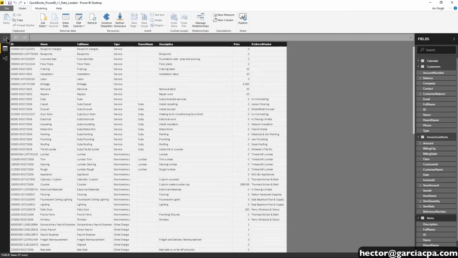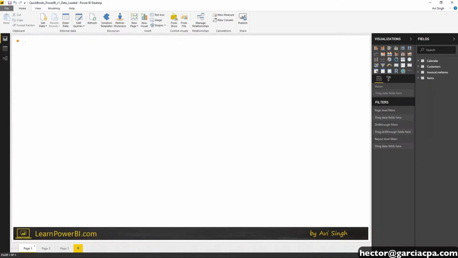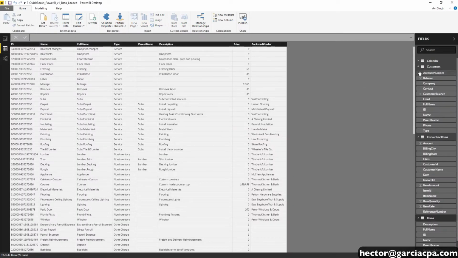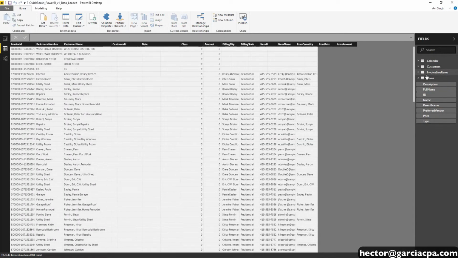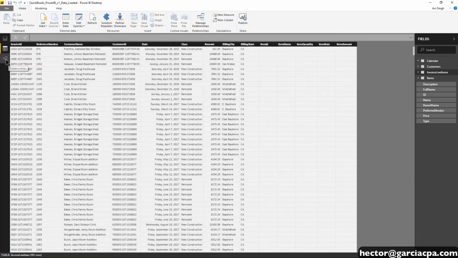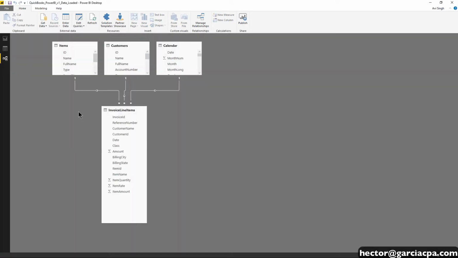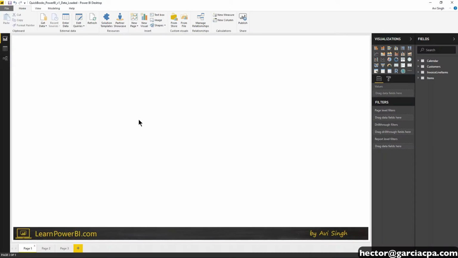That's right. So here we had the blank canvas. Power BI has three views. The first one is the report view, the second is the data view, and the last is the relationship view. I'm just going to give you a really quick tour. The report view has nothing in it right now, but if we go to the data view, we can see that the data has been loaded. We saw the customer, invoice, line items, and items tables. And if you go to the relationship view, these tables are connected by relationships. All I'm going to say is they let you do what you would otherwise do with VLOOKUP, but far more easily. So I'm going to get back here, and I want to start by creating some formulas,